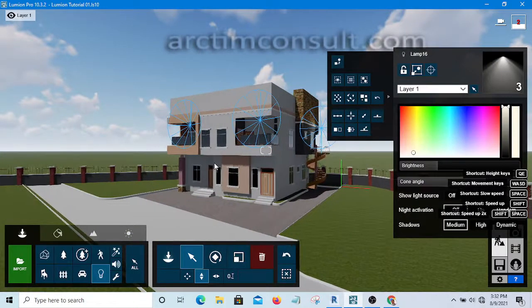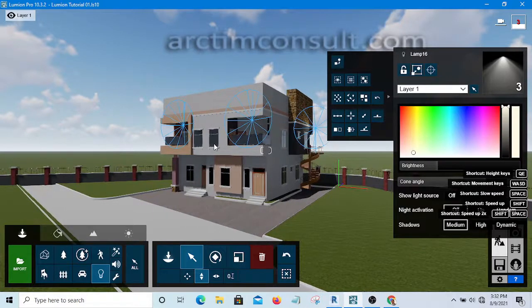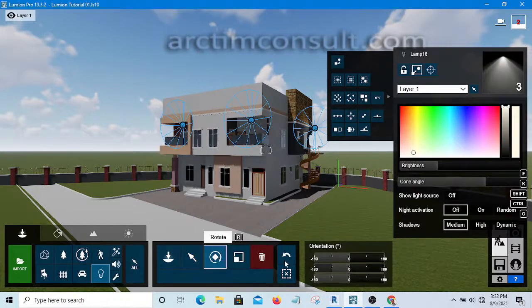What we want to do now is we want them to point to the ground. They are pointing to the side now, and that is not what we want, and that is why we have to select all of them. So I'm going to select rotate, and I am going to move this one to this position. With this, they will now be pointing down. All of them will be pointing downward,